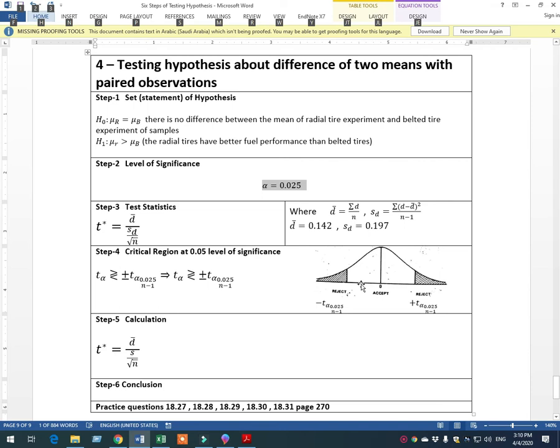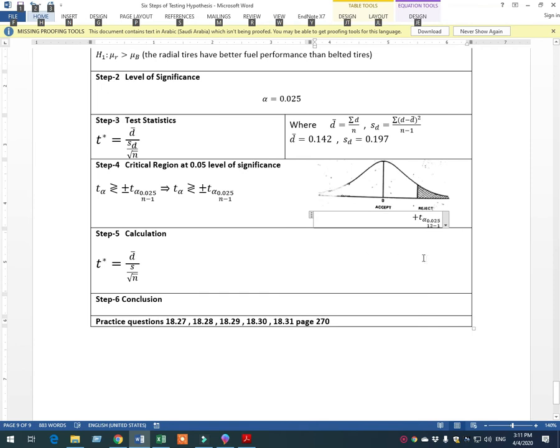So I will be taking this plus side. I'm changing this graph according to my requirement. I've changed the values. I'm not taking it to both sides. I'll be taking it on just one side, and that is greater than the plus side of t with 0.025 alpha, and degree of freedom is 12 minus 1, 11. So that would be my critical region, T alpha, that area of T alpha which is more than the T